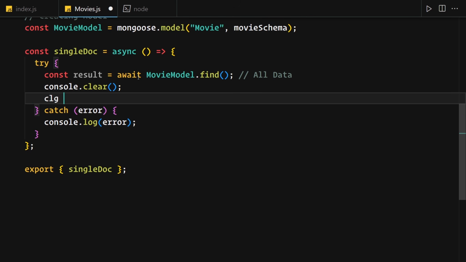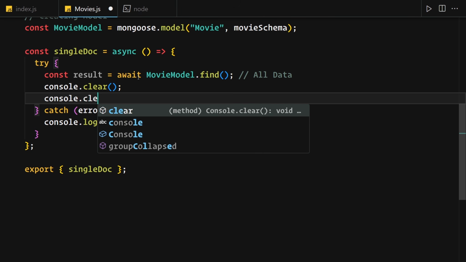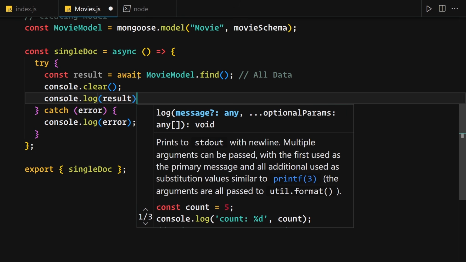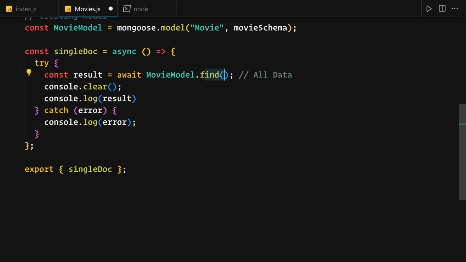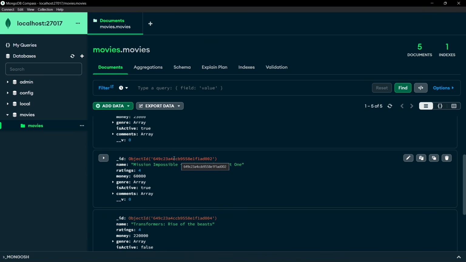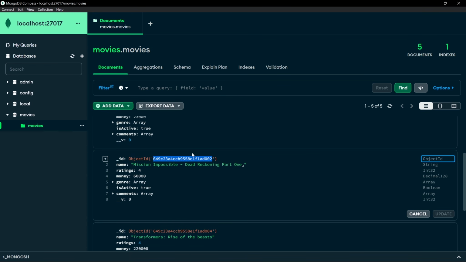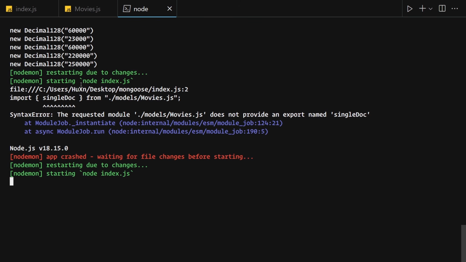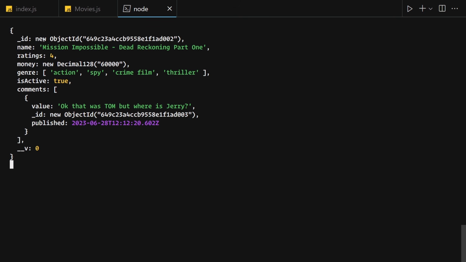But before I save, I'm going to have to write my console.log right here, and I'm going to pass my result right here, and instead of this find, I'm going to change that to findById. So findById. Let's suppose we just want to get this Mission Impossible, so I'm going to double click on that, copy that, and provide that as a string right here. Okay, so if we save our file, and okay, singleDoc is not defined,